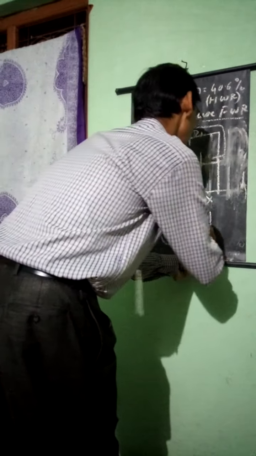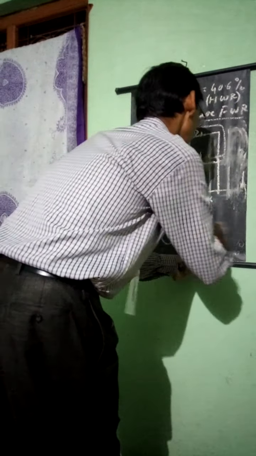The output you can get for the positive half cycle and for the negative half cycle. Also remember, both are represented. What does it mean now? D1 is conducting for the positive half cycle, D2 is said to be off. For the negative half cycle, D1 is off and D2 is conducting, vice versa.